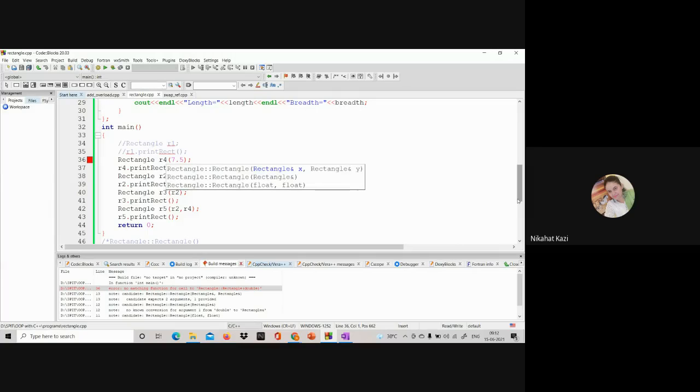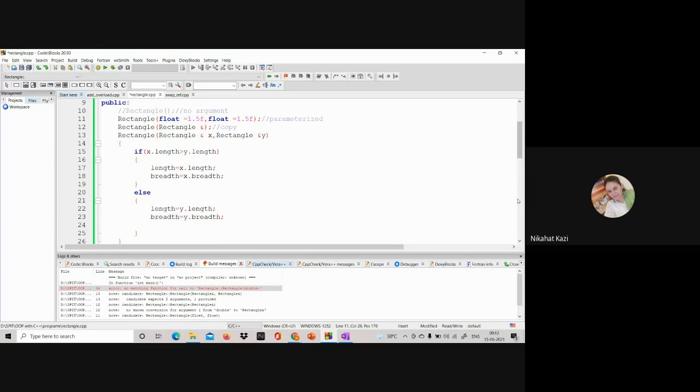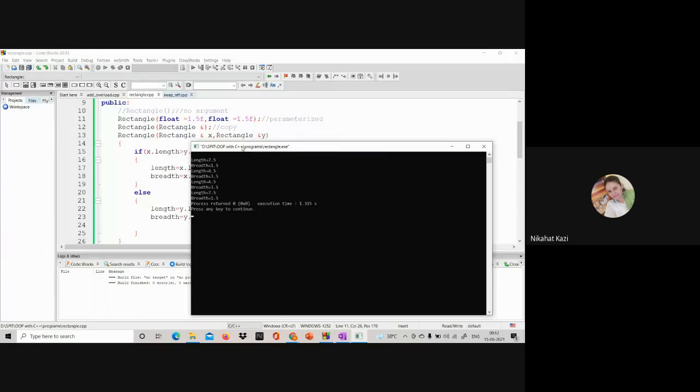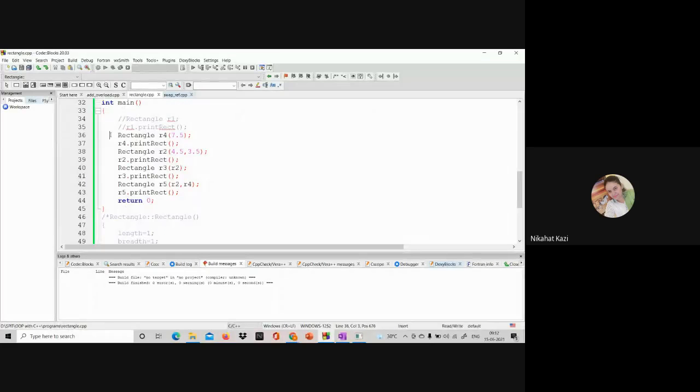So again, I removed that. So now it is running. Now it is running because I put it back in the correct place. Now it has seen, okay, there is one constructor which is taking default values. So that is why I can have this kind of a call. This kind of a call is valid. Okay. This is also valid. This is also valid.